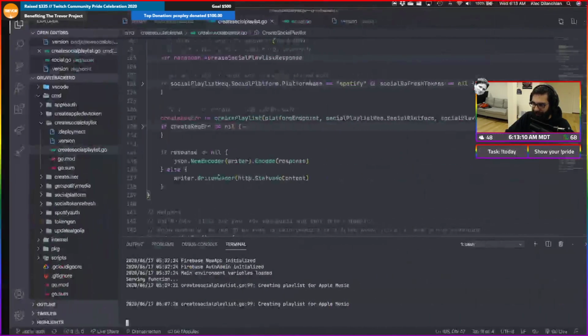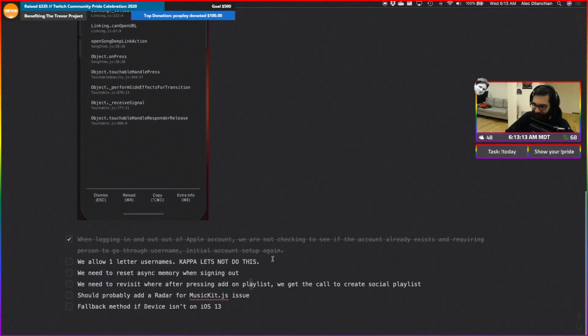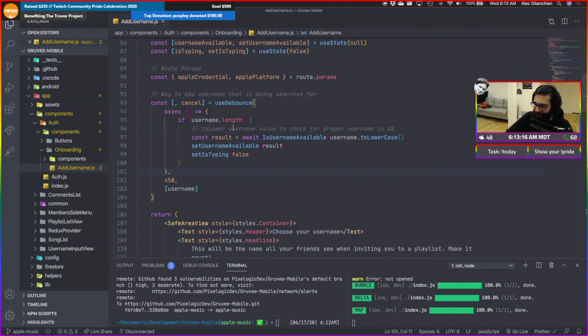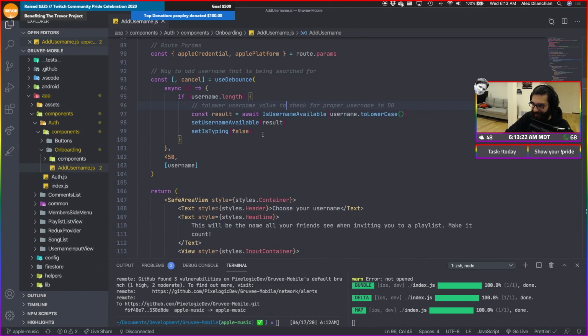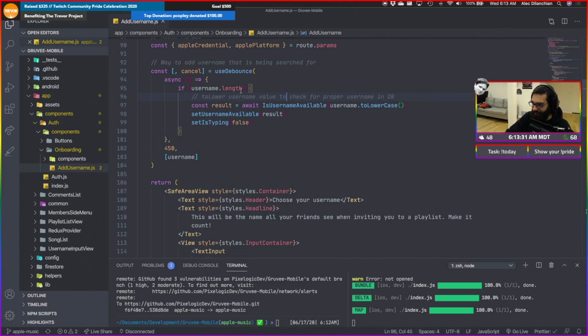Yeah, so essentially this thing again, we got to check for username. Oh, man. How are we going to do this? I think the way that we are going to do this is... I guess we shouldn't waste our calls on single... I guess, how many letters should a username be? I don't know what the regular is for sites. I think it's usually like 3, if I'm not mistaken.